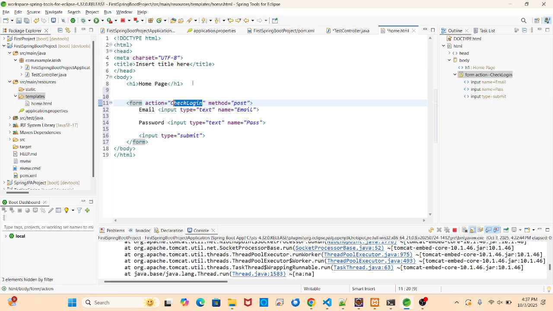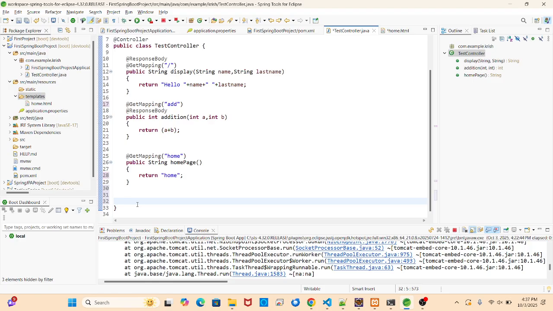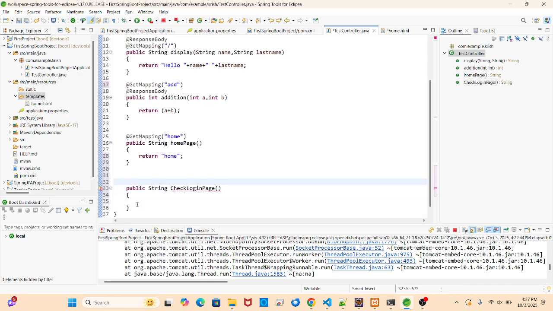Because if the event is happening with the post method, we can pass the body there. So how do I check over there inside the controller? I pass the action, checklogin. Where do I have to pass? Controller. Do I need to create one more method there? Public, same return type is String, since we are not returning any class. Let's say checkLoginPage. It doesn't matter, we can give any name there. And here, instead of GetMapping, we have to use PostMapping because our method is post.